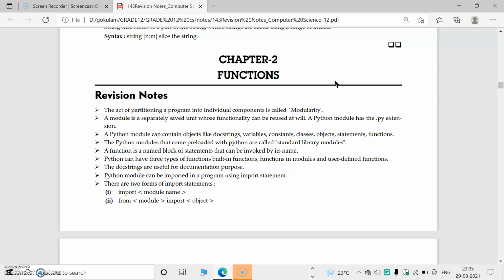So this is known as functions in modules. First we have to import that module, then only we can access the function. And the third one is user-defined functions. That means we can create our own functions as per our interest.